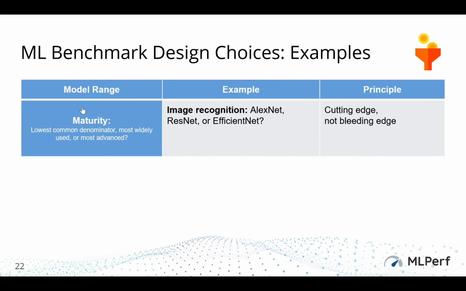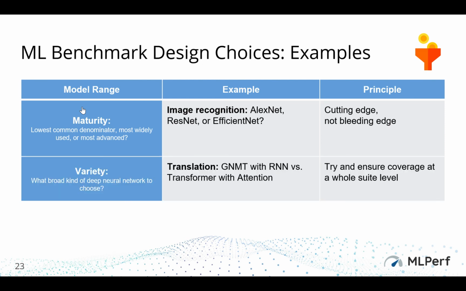Just a bit of rationale, before I show you the small sets that we have come down to. Think about maturity. There's a certain set of guidelines we want to have. How mature is the problem space? Do you take the most advanced model that just came out that everybody's talking about, but the industry has not quite yet put into production pipelines? Or do you take something that's actually being used right now, like ResNet 50, which is still a good model, or something like AlexNet that dates way back? The idea is to pick something that's cutting edge where the industry has a bit of experience, but not something that's too far out.